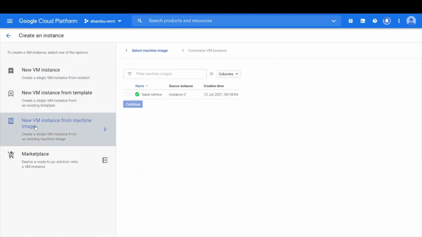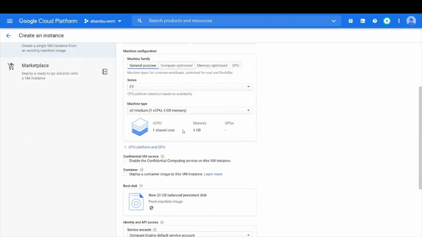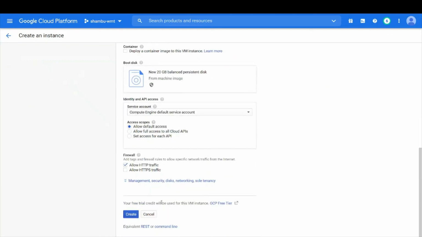I'll select a VM from machine image and select this VM. I think everything will be the same.